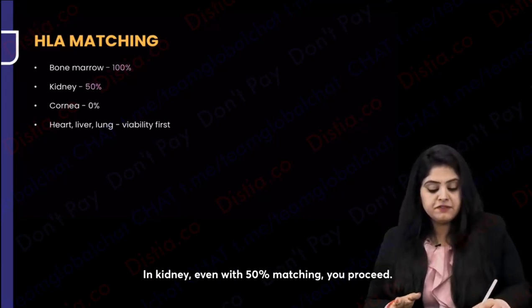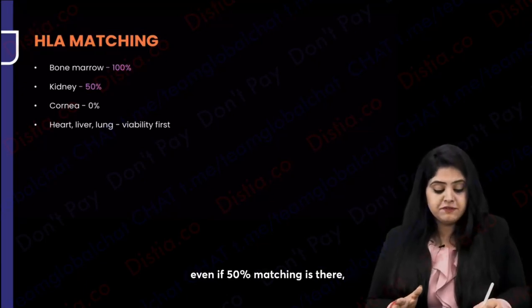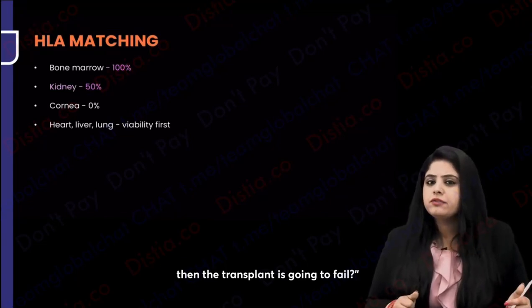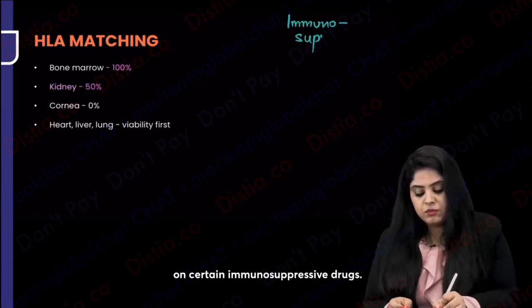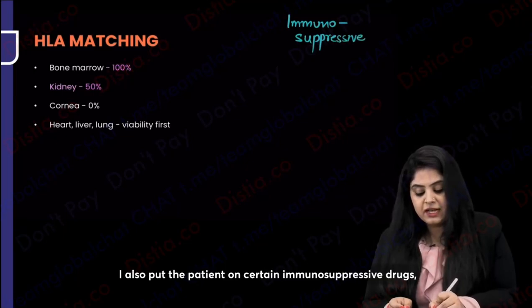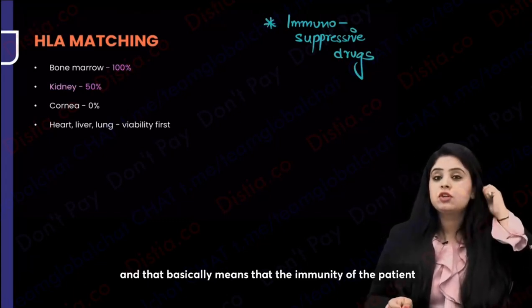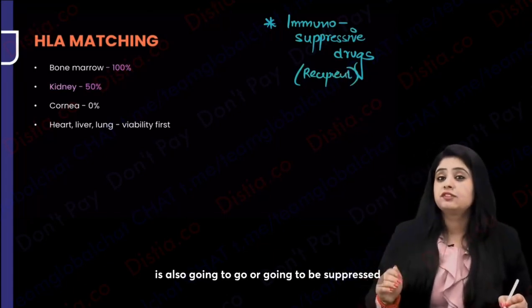In kidney, even with 50% matching, you proceed. So you'll say, ma'am, you mean to say that even if 50% matching is there, you're going to proceed, then the transplant is going to fail. Because please remember, I also put the patient on certain immunosuppressive drugs, and that basically means that the immunity of the recipient is going to be suppressed so that the transplant